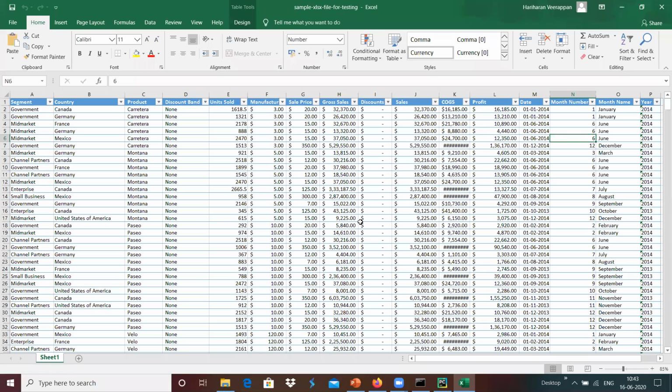Like that we can define it, and if we want to do the sorting accordingly, we can do that with NumPy.